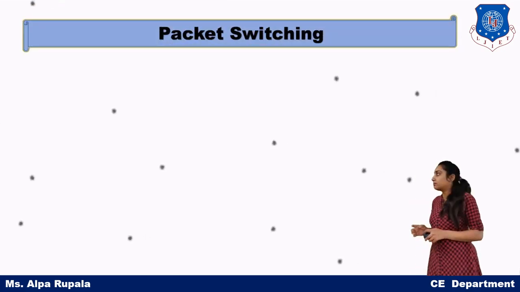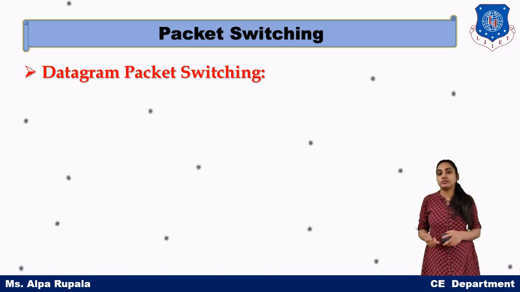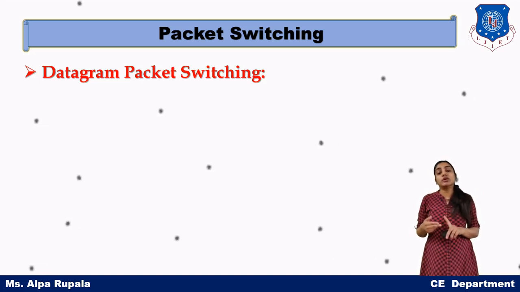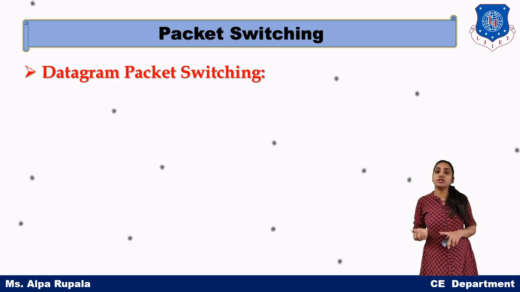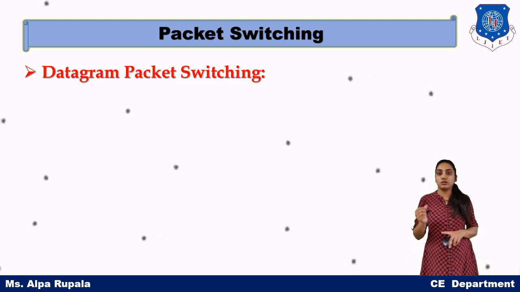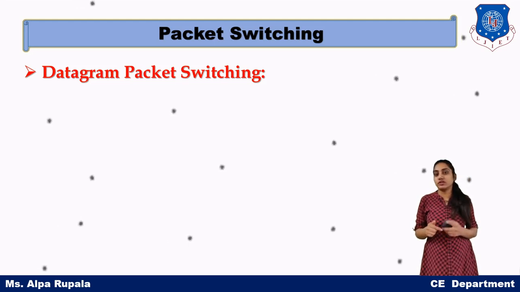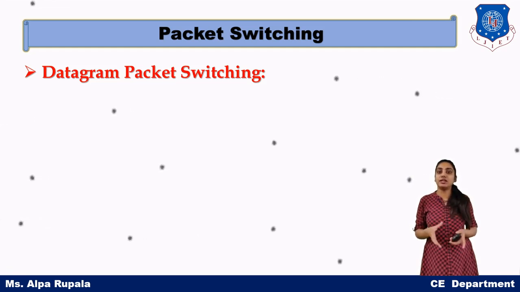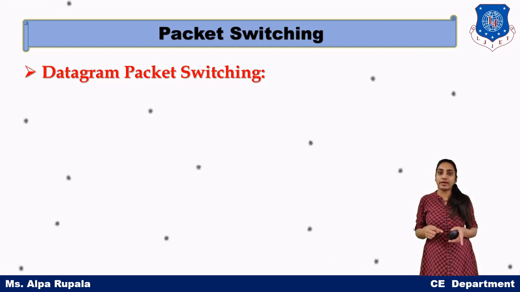Now next is packet switching. Packet switching is further divided into two types: datagram packet switching and virtual circuit packet switching. So what is the advantage of having packet switching? The disadvantages we covered from circuit switching into message switching, further having the disadvantages of network delay and store and forward network holding a very large amount of data, can both be reduced in packet switching.